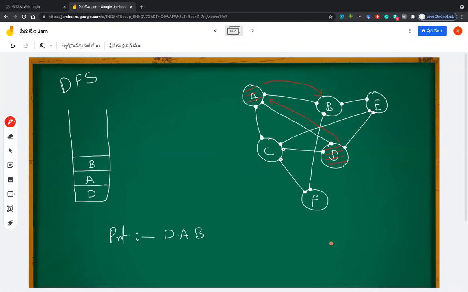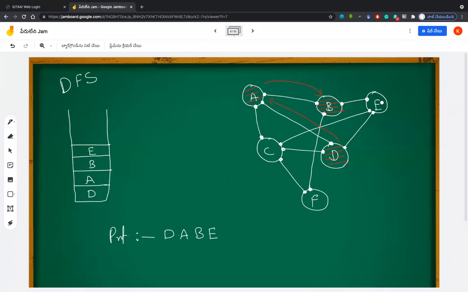A, E, F. A is already visited, that's why it is marked as visited, right? So we are only left with E and F. According to my order, which one should I choose now? E. E, sir. E, right. So I'll just cancel this one, push E and print E.